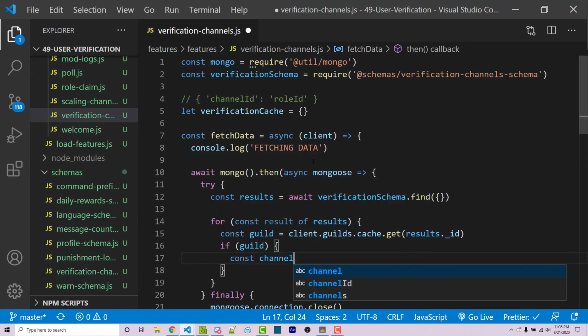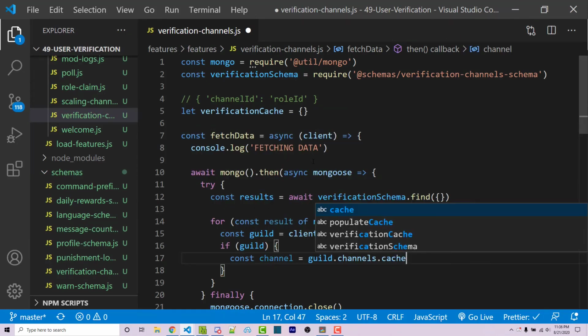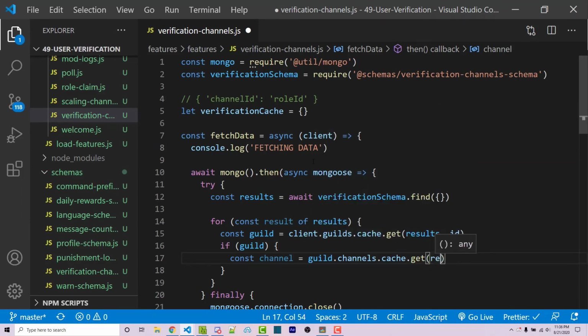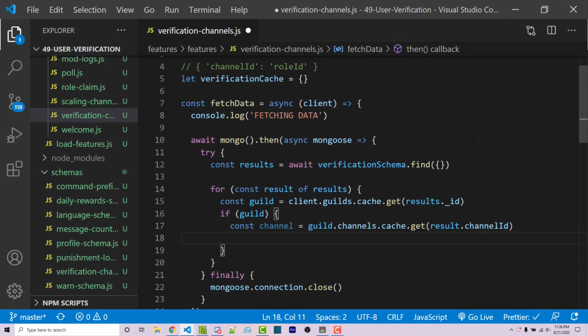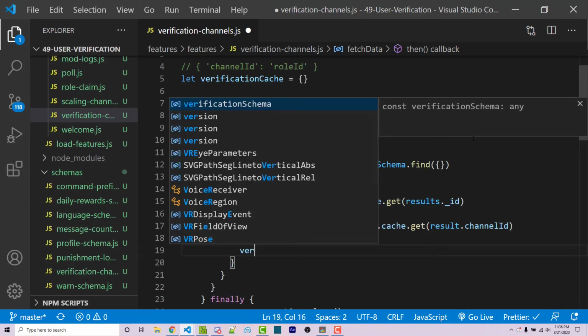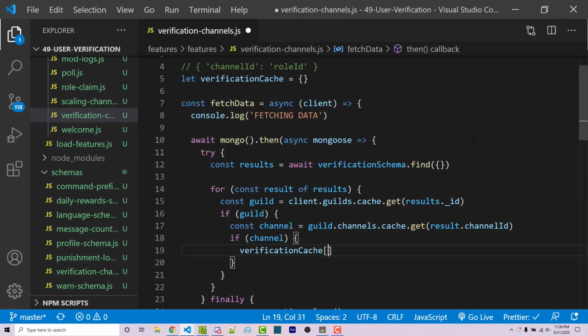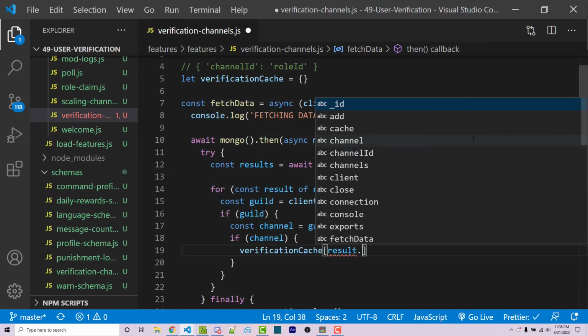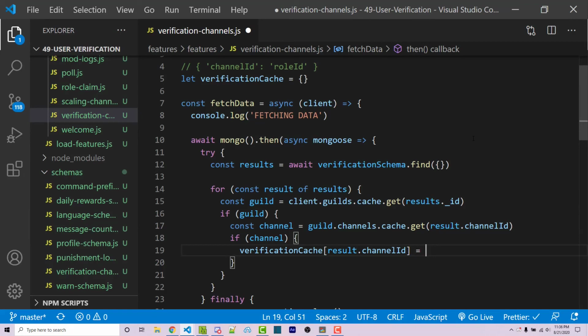So const channel equals guild.channels.cache.get. We can pass in result.channel ID. Now we want to make sure this is an actual channel, so I can say if channel. And then from here, we can say verification cache is going to have index of results.channel ID equal result.role ID. And then I can say